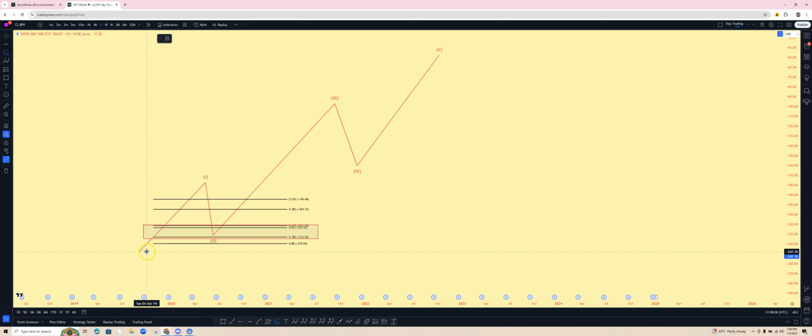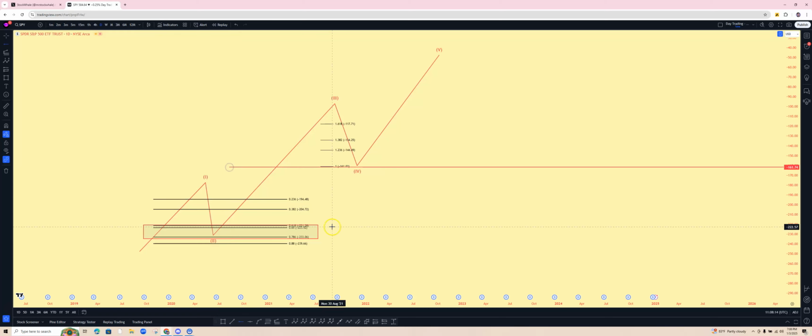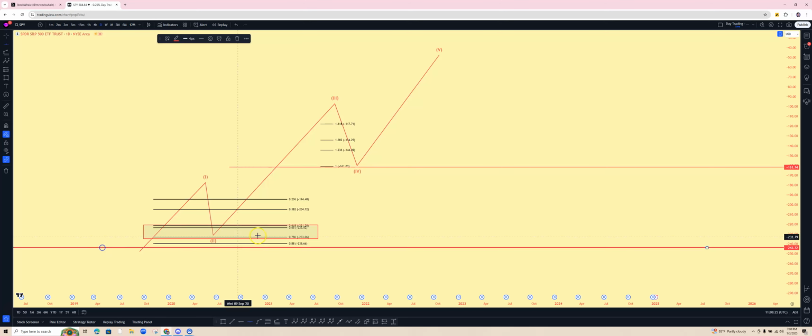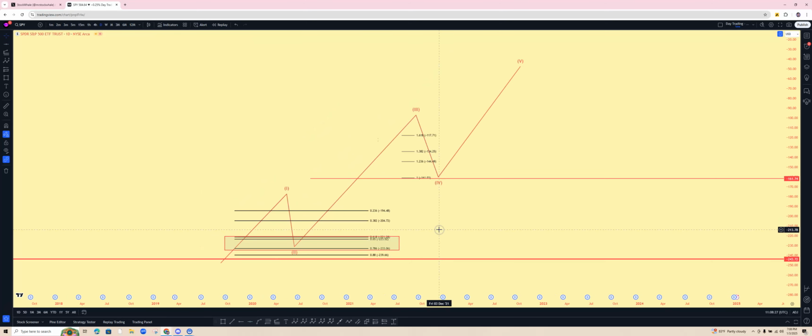Let's say you're aiming for a 1-to-1 ratio here, at this line. This is where you think you're going to take profits. You're not going to go all the way up to the 618; you're going to take profits there. And then you're going to put your stop loss maybe underneath the 0.88 just to be safe.